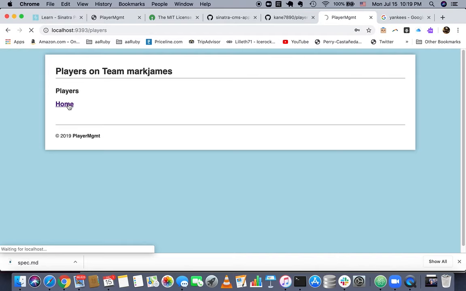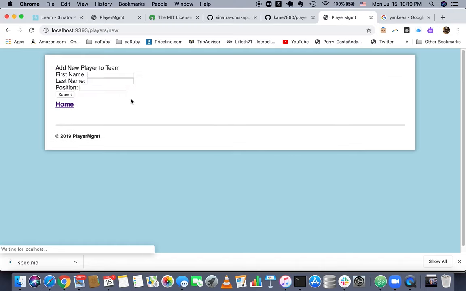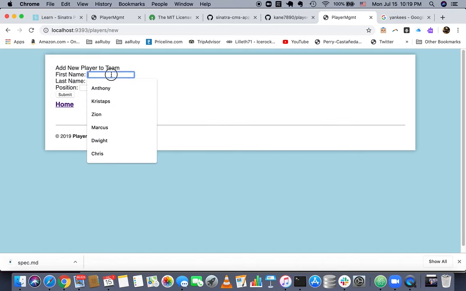So, click home to go back to the main. This is essentially the main menu. It tells you you're logged in as Mark James. If you want to add a player, you click add new player. So let's add